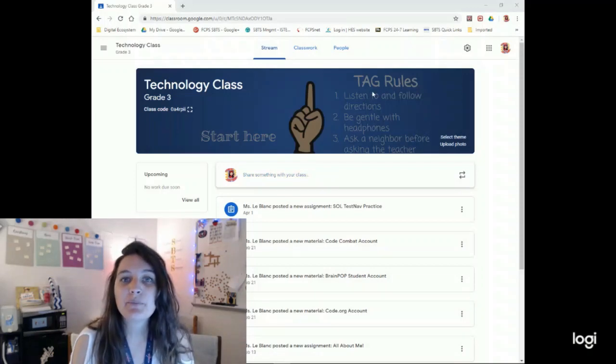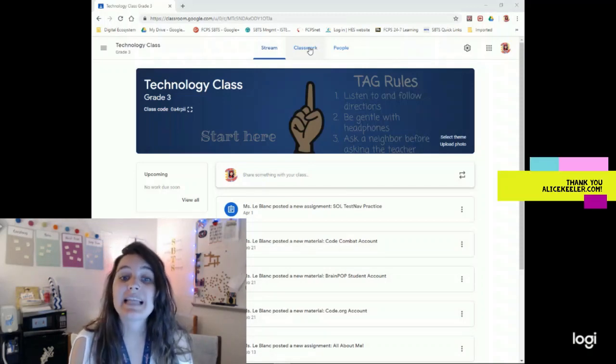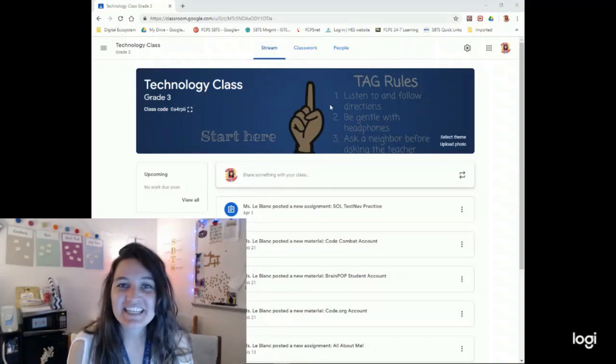So really when you go to build something and you want to share copies with students or create graded assignments or ask questions, you want to start with classwork. So you can see this template I made that points at the students. I did share this in our Hutchison Herald a couple of weeks ago, so if you missed that, just email me, I'll help you find it. But it tells the students, hey, look up here. So we're going to click on classwork,